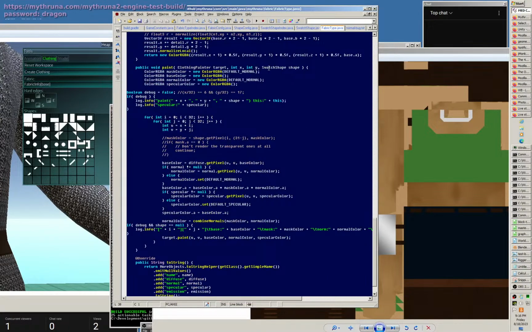Yeah, so paint takes the shape, and we're currently ignoring the shape. So I need to make this work, and in reality the shapes are supposed to be normal maps, and then if they have an alpha of 0, that means we don't paint that part. But right now they're not normal maps, so we will still use the default normal, but we'll use the alpha channel to see whether we should turn it on or off. So I believe if we just do